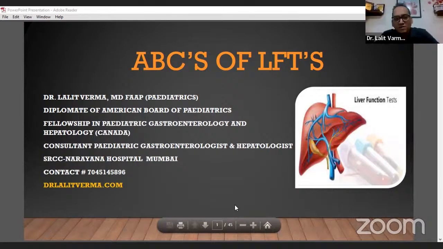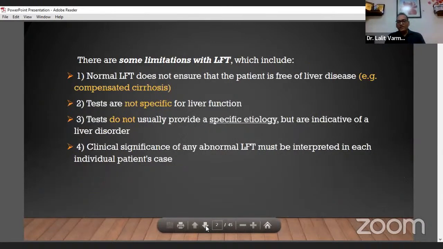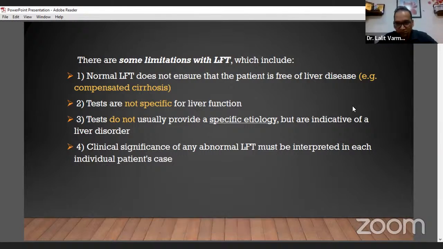So you can toss around the topic: ABCs of LFTs or acute on chronic, and interpretation of LFTs. I'm just going to go further on this. We all know that once you do LFTs, there can be a lot of ifs and buts if we don't do a complete LFT. Sometimes we want to save the cost for the child, as the families are sometimes poor, but just doing SGOT, SGPT versus full LFTs might save some money but will not give the complete answer. Why we need complete LFTs is very important.